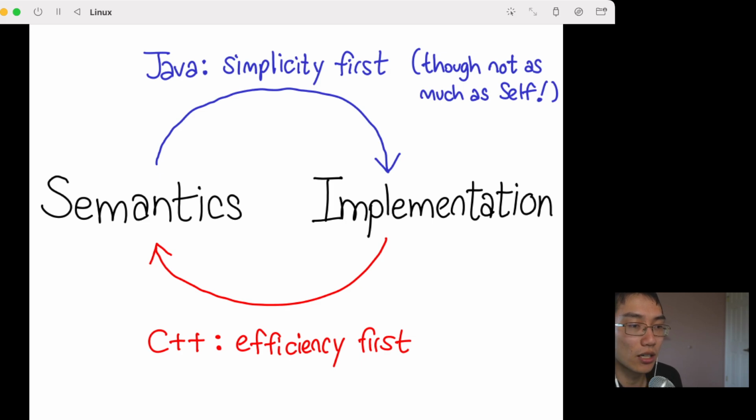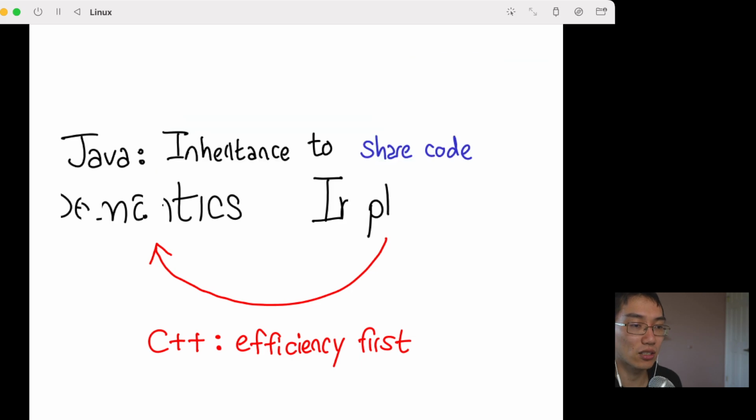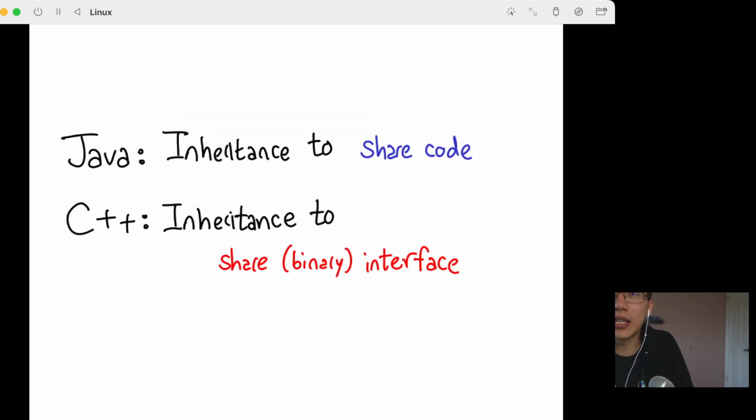There's a question on Twitch. The question is, by sharing code, do you mean copying the structures in memory? No, that's not what I mean. It's not about copying the structures. It's just good